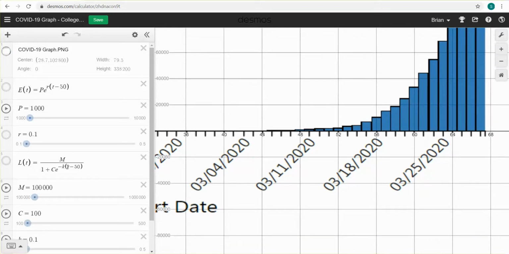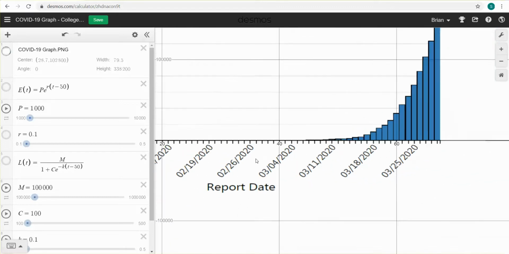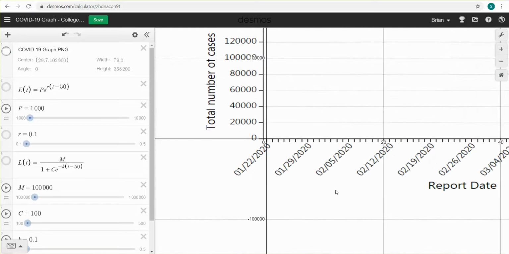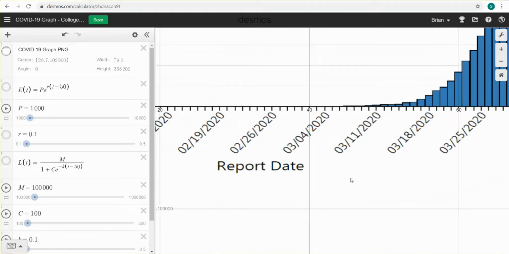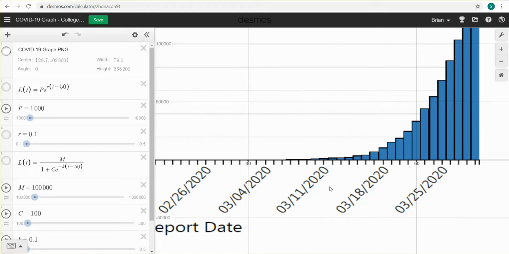But to make it work that way, I had to replace t with t minus 50 here, and that way 50 is kind of corresponding to 0 on this, even though day 0 on this graph is January 22nd. Go back over here. January 22nd is technically day 0. My shifted graph is what I'm talking about. So anyway, that's how these functions are going to be modified,